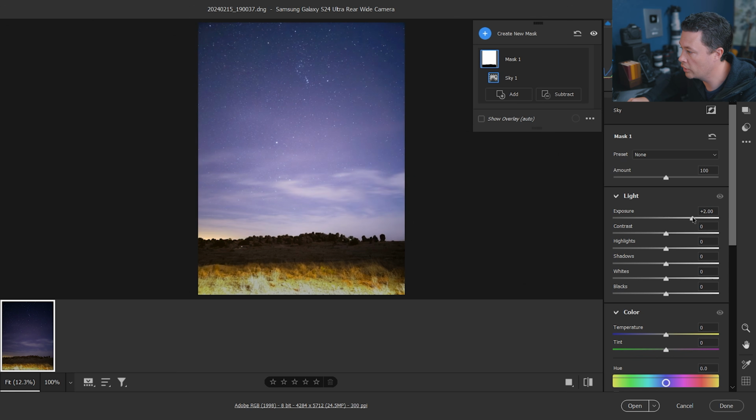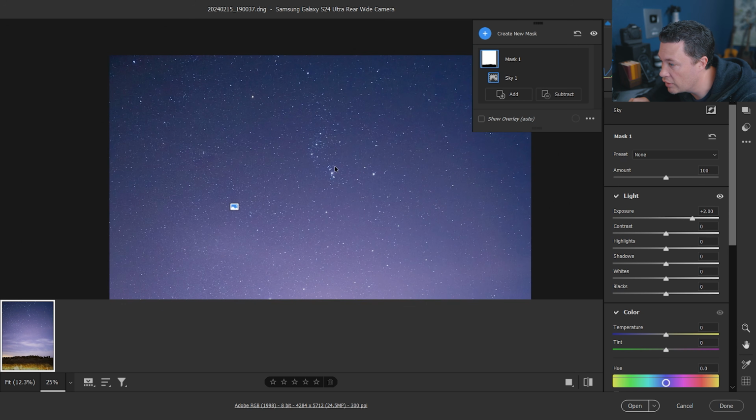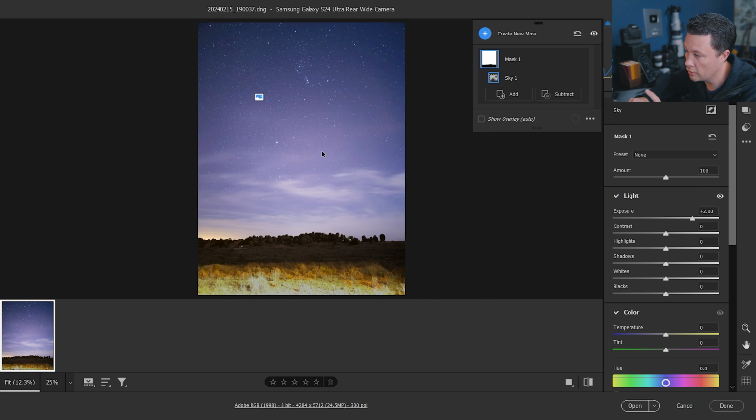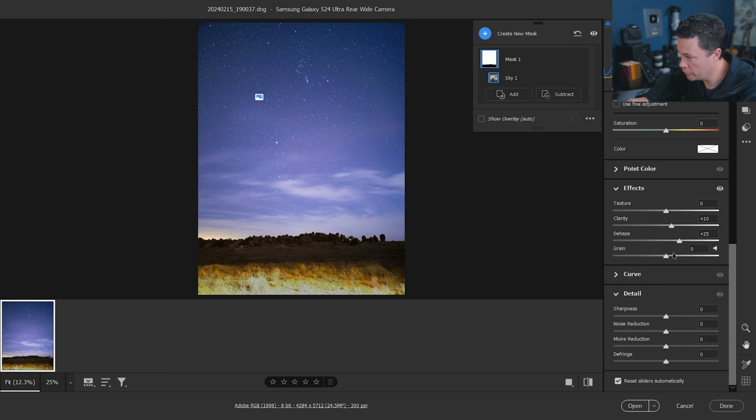Okay, so I will say that I'm pleasantly surprised by bringing that up 2 stops in exposure, and the detail is there. That is better. That is much better than I anticipated. Bring up the dehaze a bit. That helps. I brought up the clarity, but I'm also going to bring up